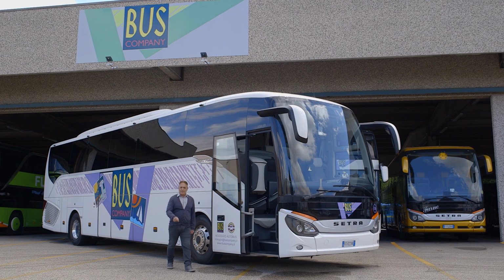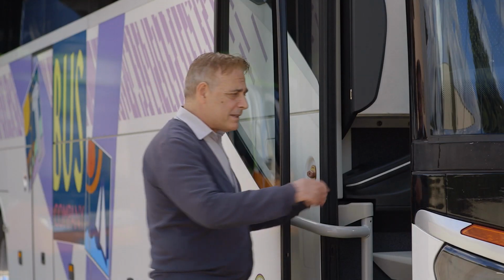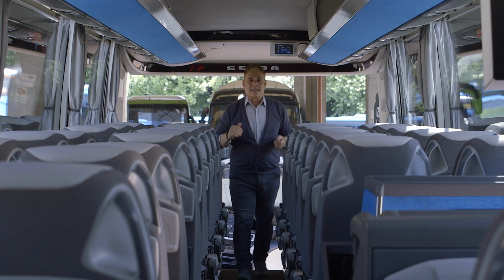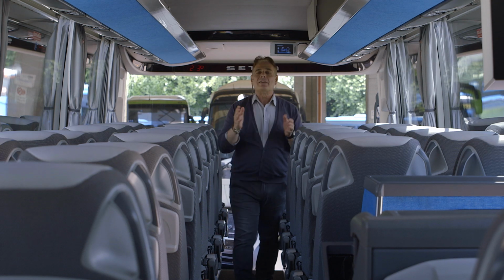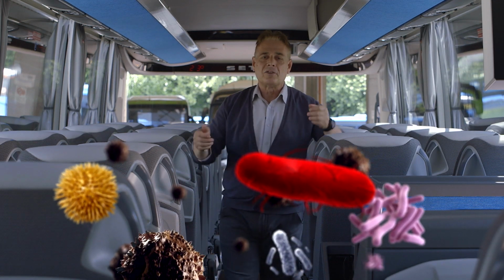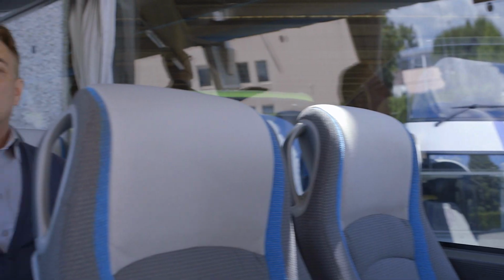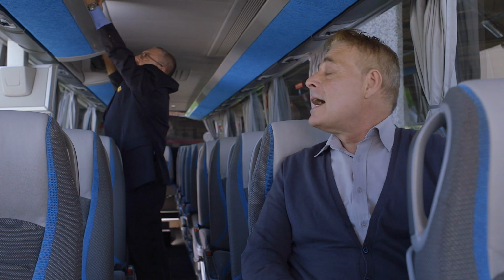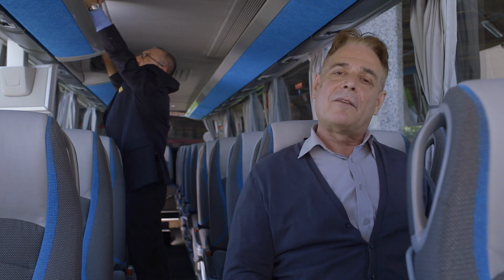Introducing the latest innovation to hit the world of air sanitation on public transport. The technology used in operating theatres has been customized to sterilize every type of bacteria, fungus, spore or virus on public transport. Easy to install and only requiring simple annual maintenance, it kills up to 99.99% of infectious agents in